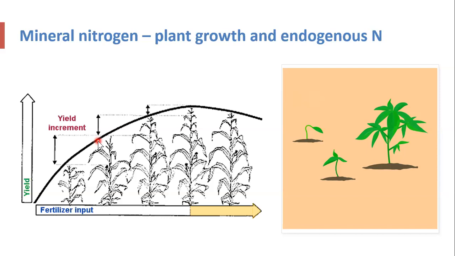Economic yield increment, in a simple way, we can say that if you are adding a fertilizer of 100 rupees, that must give a benefit of more than 100. So if you are adding fertilizer costing 100 rupees, but the yield increment is only worth 70 or 80 rupees, that is not economical. So we don't have to go for the maximum yield, but we have to go for the economical yield when we are talking about agriculture production.